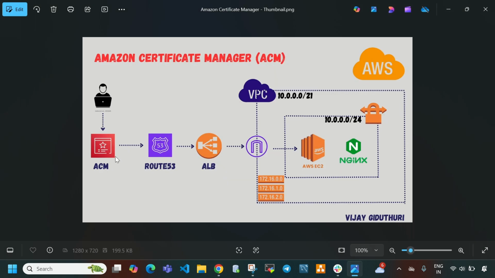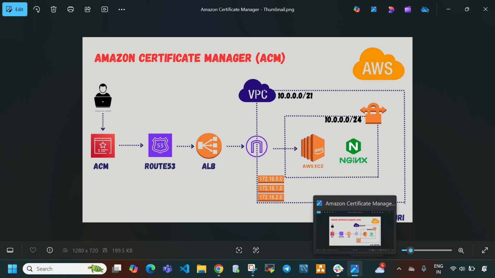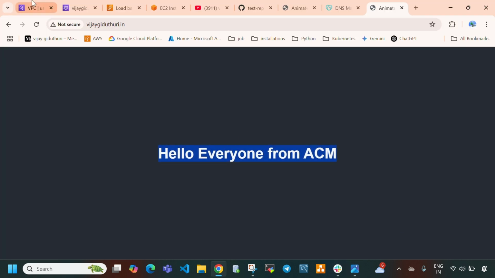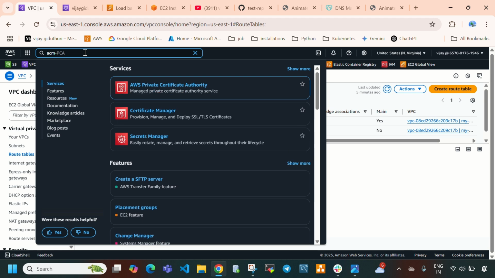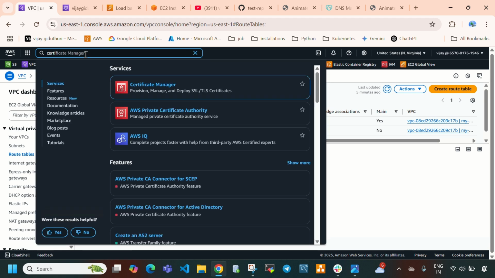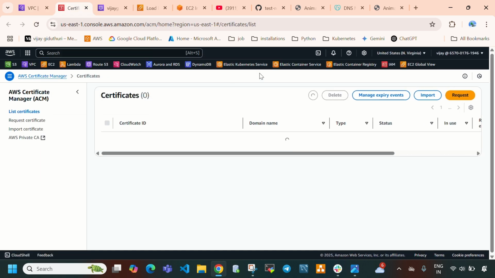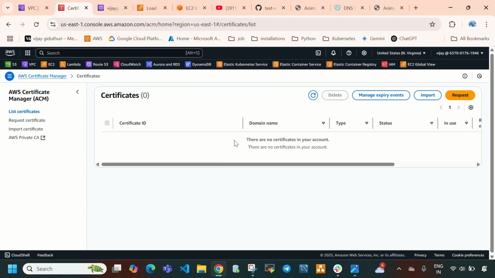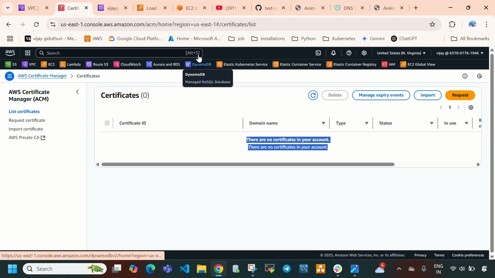So now we need to request a public certificate for our domain, for our vijayagirthuri.in domain, guys. Okay, so let's do that now. Let's directly open a new tab, and here we need to search for certificate manager. Okay, so you need to open this in a new tab. I will open this in a new tab, and here you can see currently we don't even have a single certificate, guys. Okay, so now using this Amazon Certificate Manager, we are going to request a certificate for our